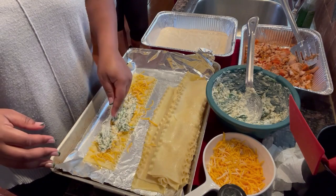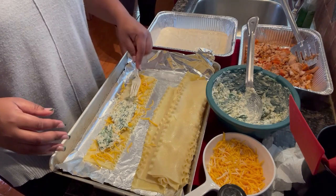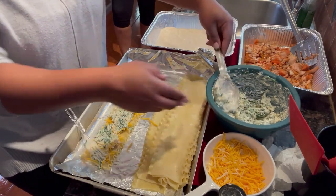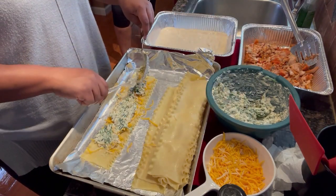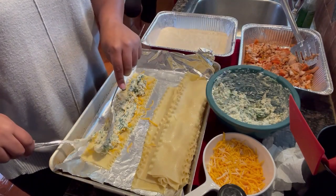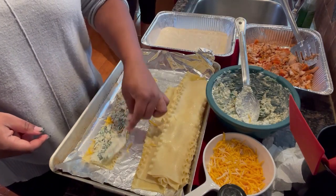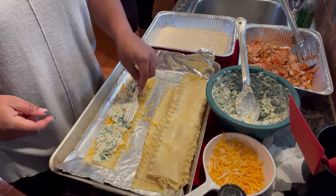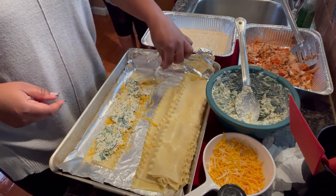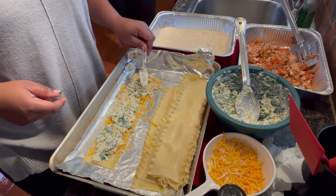Ooh. Okay, it's not quite working, but transparency. Now y'all don't judge me. This is my first time making this. I think on the next one I'm going to put the mixture first, then the cheese. Even though it says put the cheese first, then the mixture, I think I'm going to put the mixture first and then the cheese. Okay. Don't worry if it's not evenly distributed because...